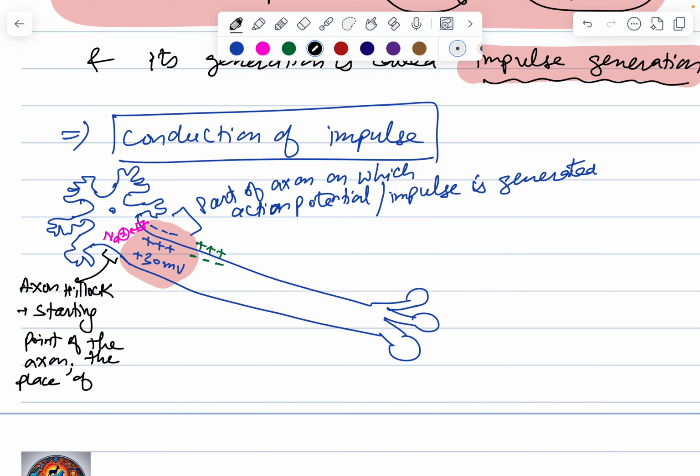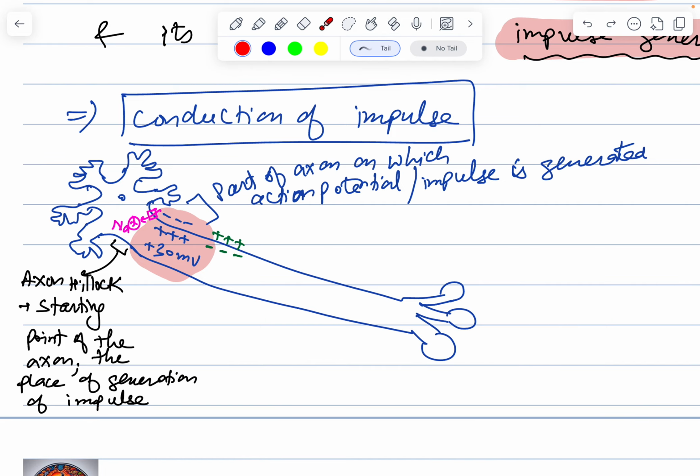Also considered as the place of generation of impulse, or the place of generation of action potential. तो एक्शन पोटेंशियल हो गया जनरेट, या इम्पल्स हो गई जनरेट। ऑन विच पार्ट ऑफ द एक्सॉन? द एक्सॉन हिलॉक पार्ट, द फर्स्ट पार्ट वेयर सोडियम आयन चैनल्स ओपन फॉर द फर्स्ट टाइम।